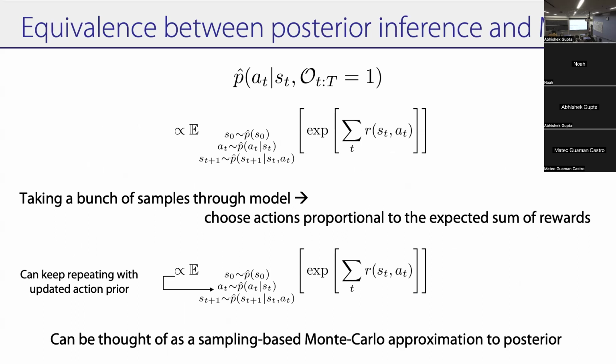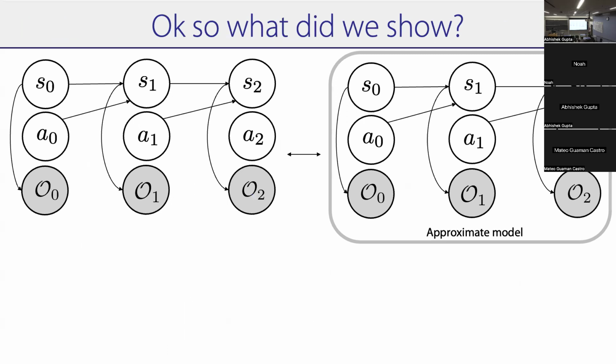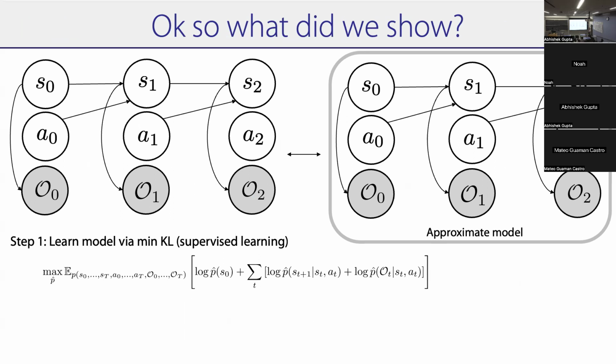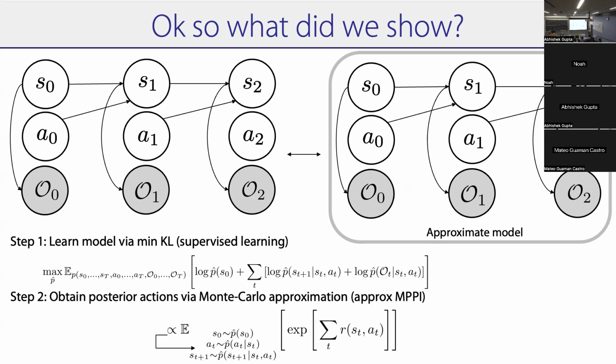So all we did here is a Monte Carlo approximation. We constructed a fake model so that we know likelihoods, we can sample from it, and so on. And then we try to learn this model by minimizing KL or doing supervised learning. And then you obtain the best actions via this posterior inference through sampling, which is to say, roll out a bunch of actions in the future, weight by exponential reward, and then pick the best. That's how you derive model-based RL. I'm not as satisfied with that one as the other ones, but it gives you a way to derive different RL algorithms under the same framework.